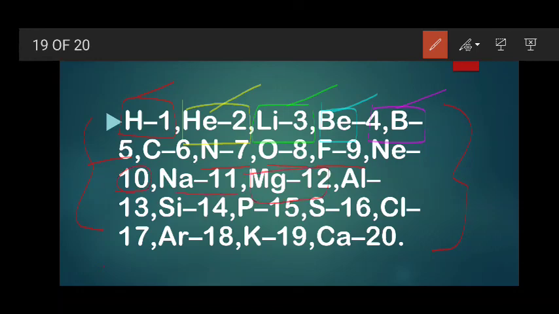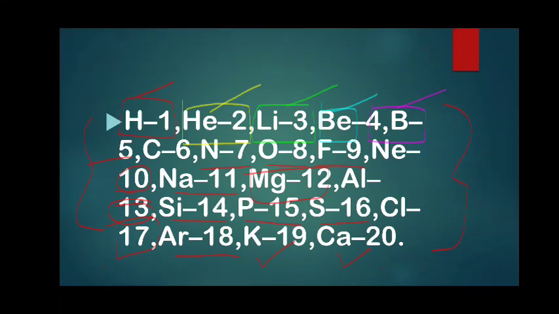the atomic number of magnesium, 13 is the atomic number of aluminium, 14 is the atomic number of silicon, 15 is the atomic number of phosphorus, 16 is the atomic number of sulfur, and 17 is the atomic number of chlorine, 18 is the atomic number of argon, 19 is the atomic number of potassium, and 20 is the atomic number of calcium. So all of you please learn the atomic numbers from 1 to 20,